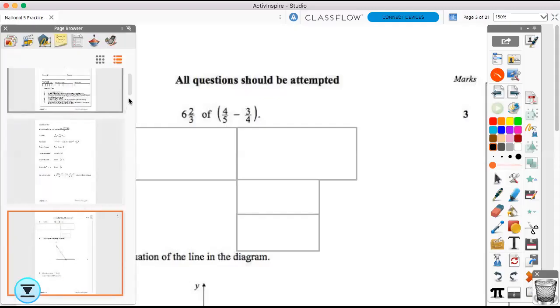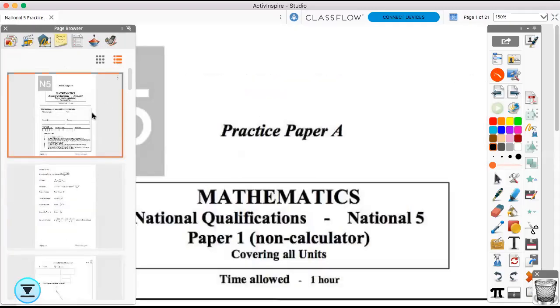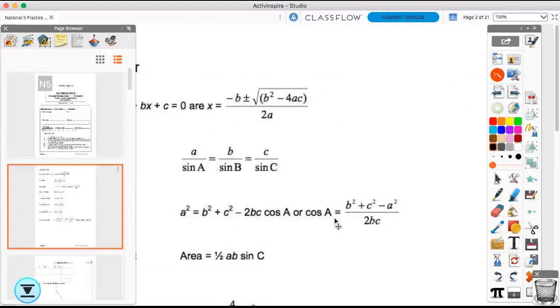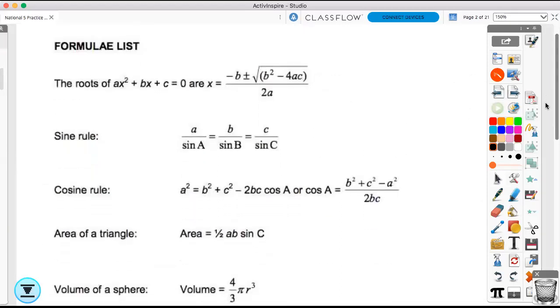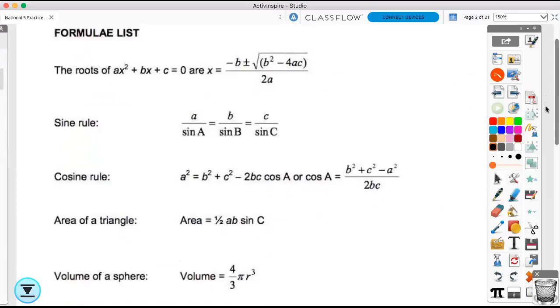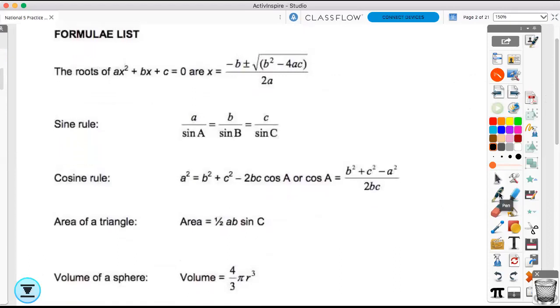Okay, so this was practice paper A. Practice paper A. Pegasus gave us this. So basically the first thing I would do, if I'm getting a paper, is to understand what the formula lists are telling me. So whenever you're going to get a question where they ask you to find the roots